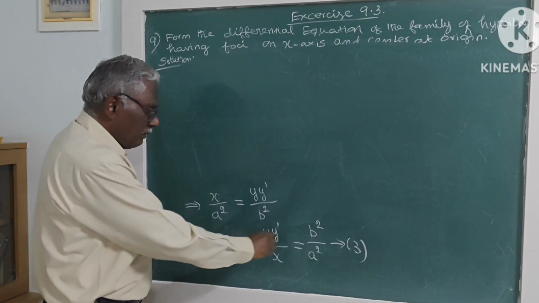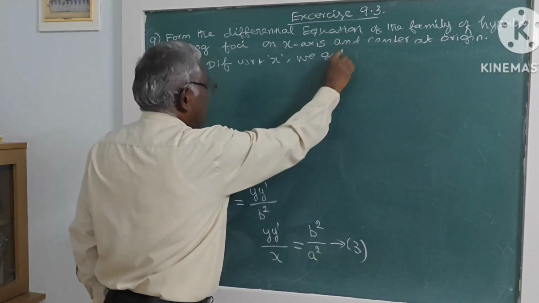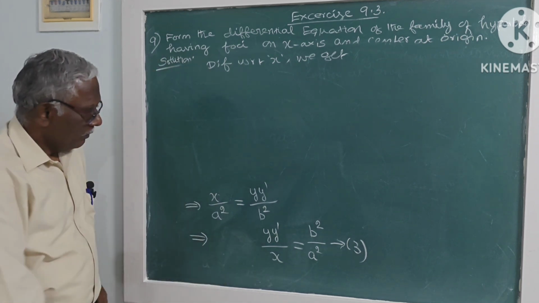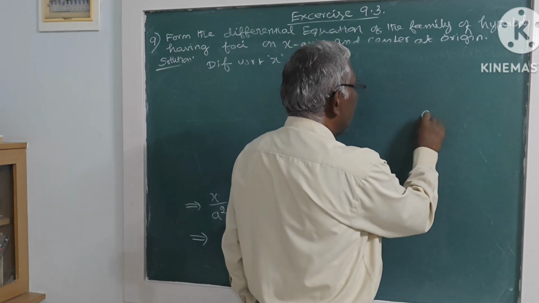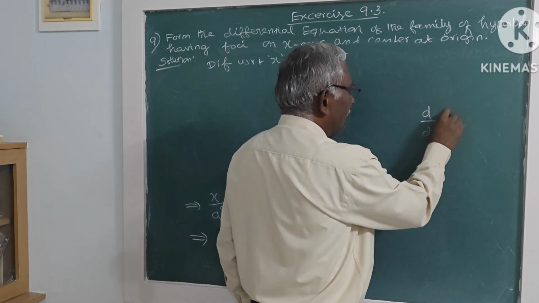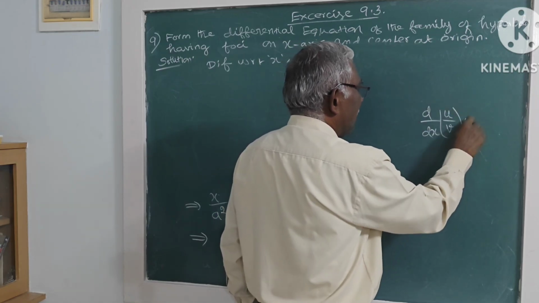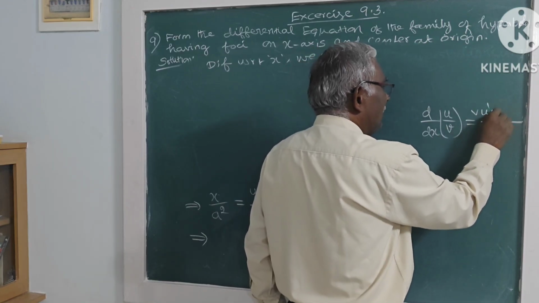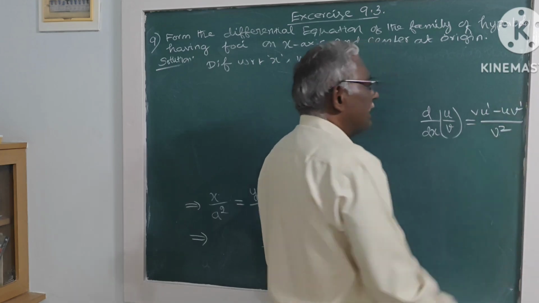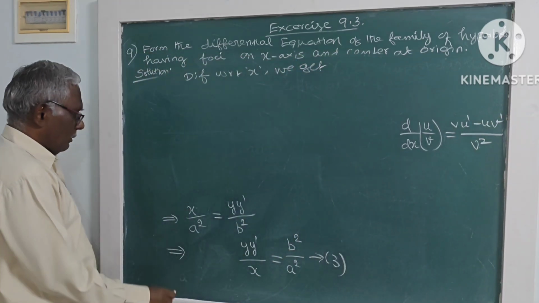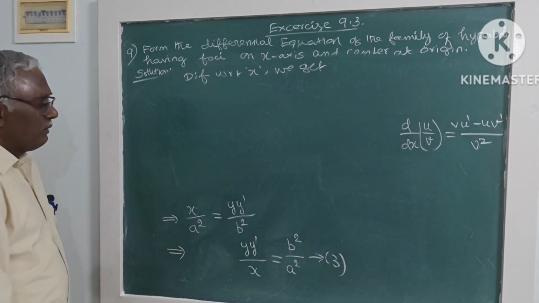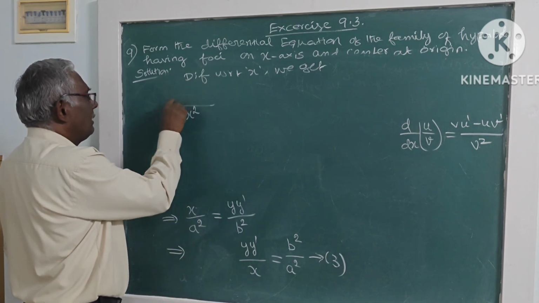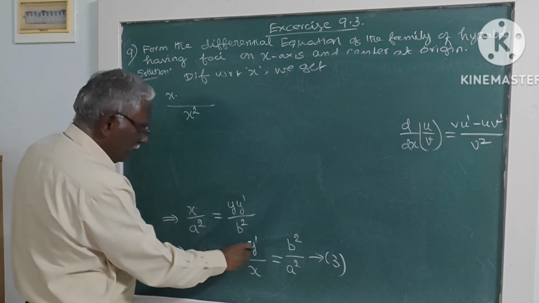We'll differentiate this with respect to x. So the left hand side, see this u by v form. What is the d by dx of u by v? v u dash minus u v dash, all over v square. So in place of v we have x here. So it will be x square, x into, you have to differentiate